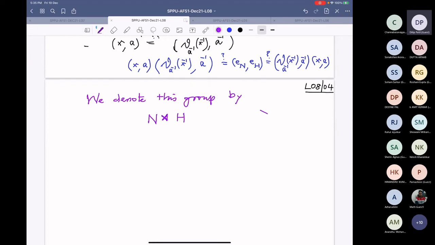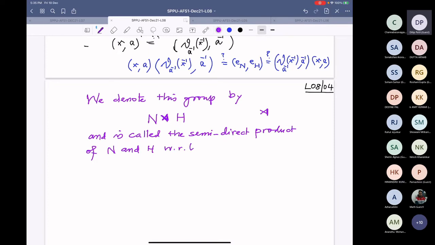I'm just putting the cross product and then putting a line here. This group is called the semi-direct product of N and H